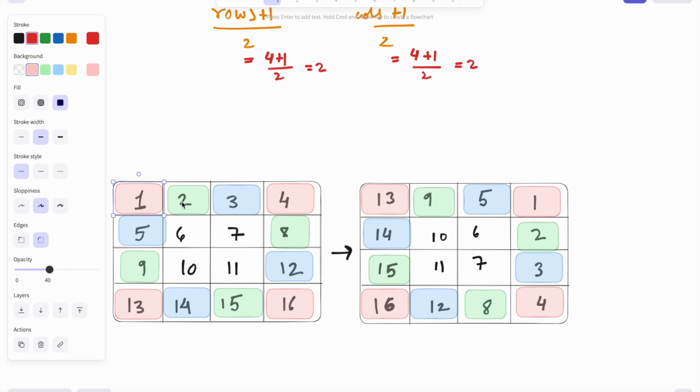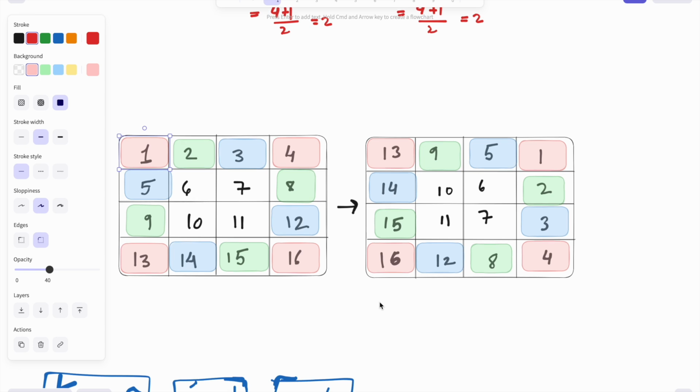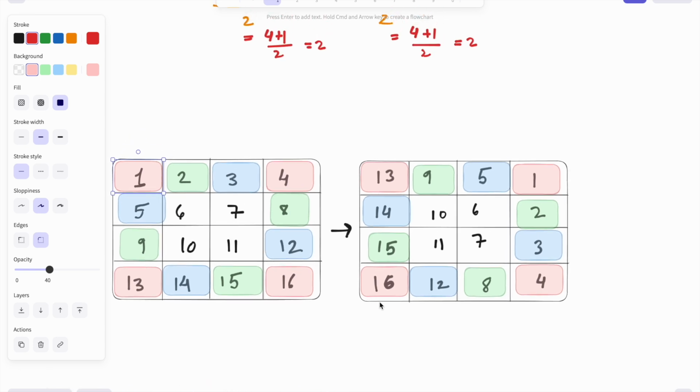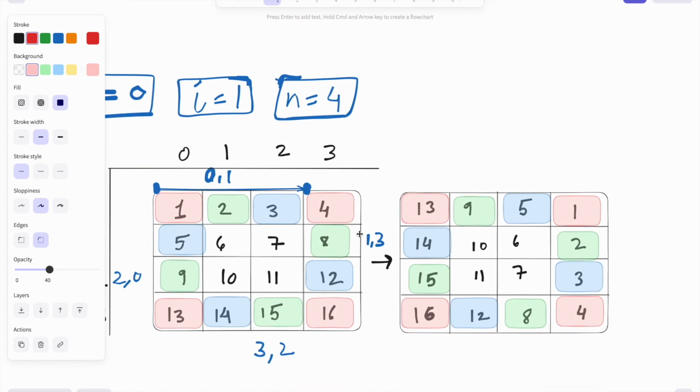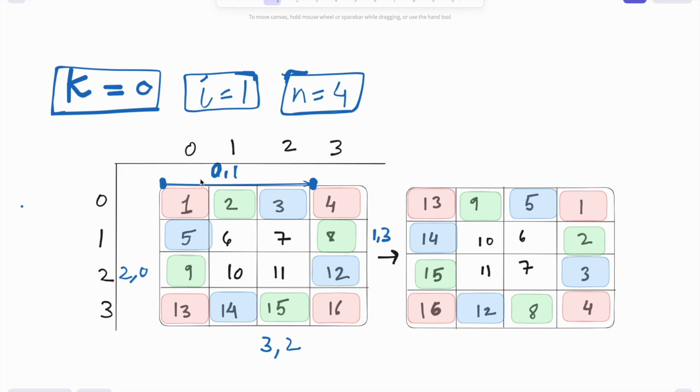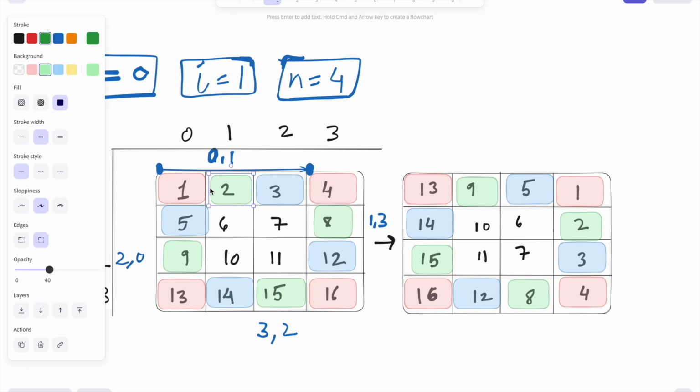So 9 comes here, 2 goes here, 8 comes down, 15 goes to the left. And the same thing happens with 3 12 14 15. So this is what's happening within the layer itself. This should help us come up with a solution. We just have to move them in this circle. Here we will consider an example. We are talking about the 0th layer, the outermost layer, and we are considering this 2 8 15 9 cycle. We can consider anything, but we are considering this.